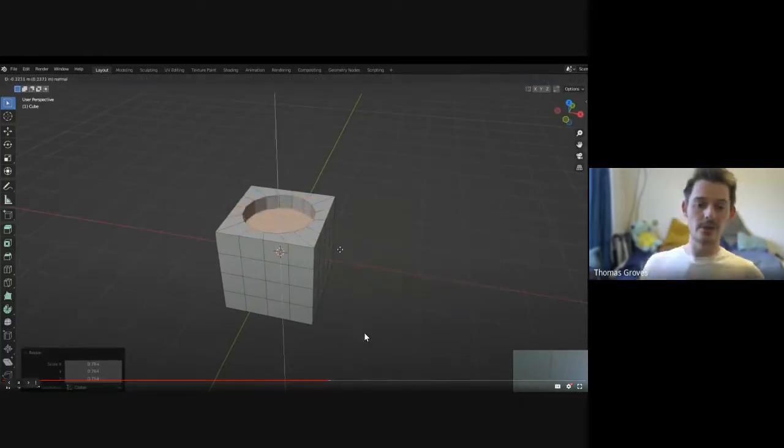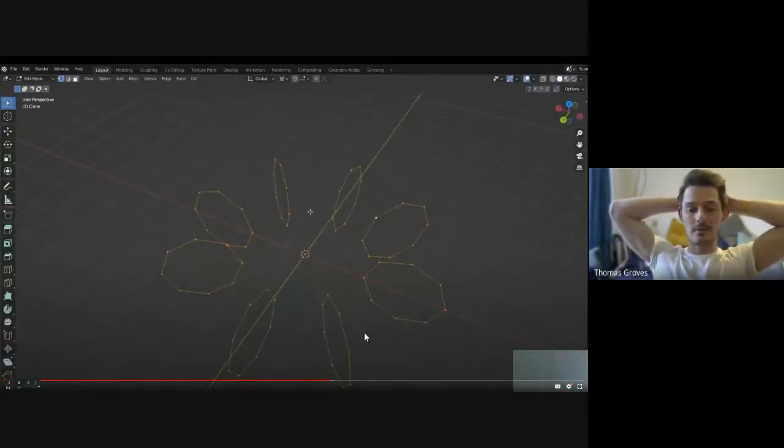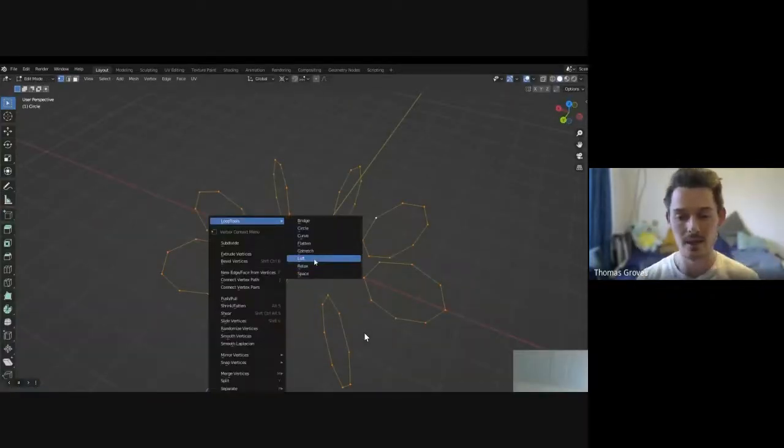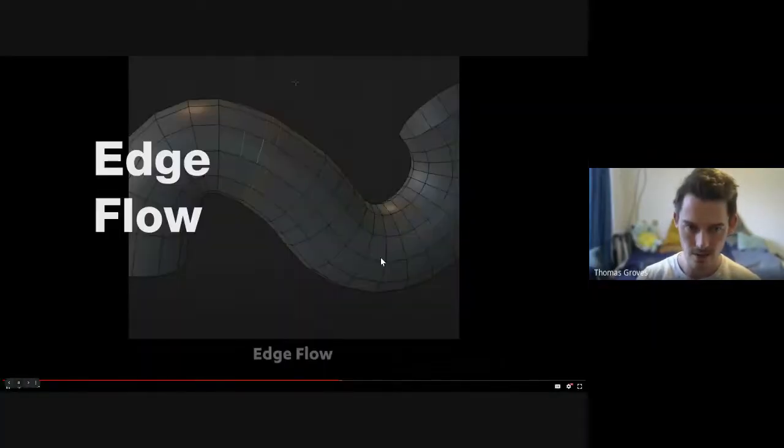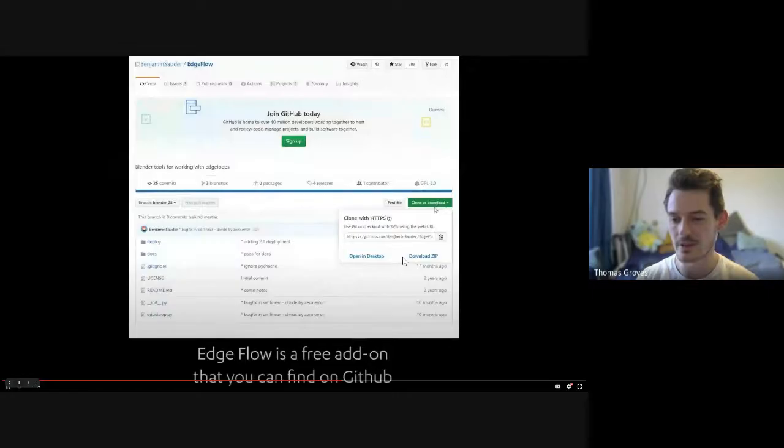And you can do things. It's going to skip, and you can. It's got a loft function as well, which is handy, just for connecting up loops of geometry. The next one, EdgeFlow. This one you have to download from the internet